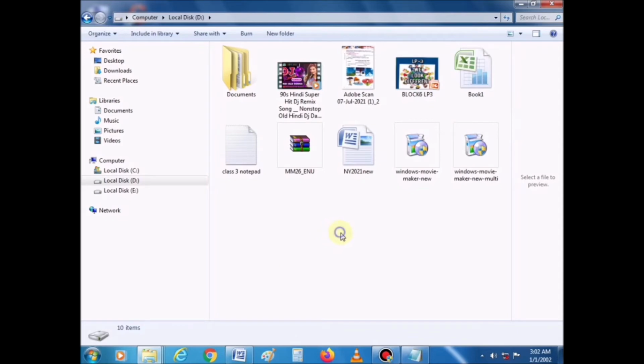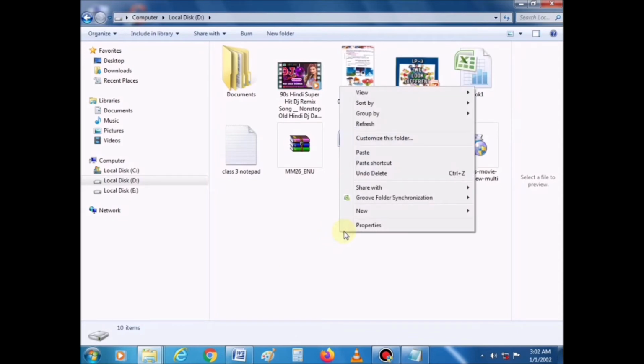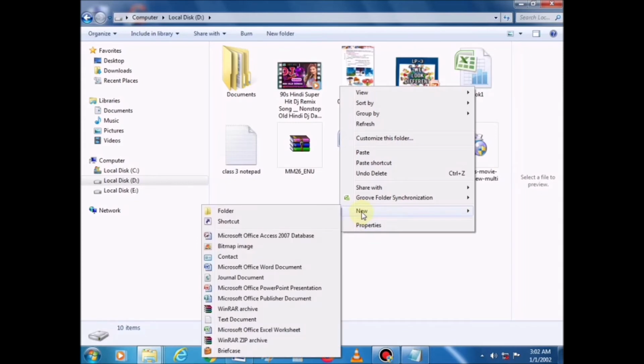In the right pane, double click the drive and the folder where the file or folder is to be created. Now, right click anywhere in the blank area of the window, a shortcut menu appears. You can see here. Now click New, a submenu appears.